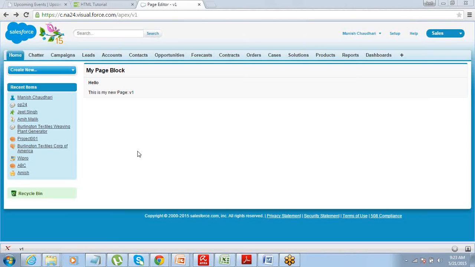Now why do I need a controller? I need a controller if I want to connect it with the backend database. Currently it's all static text, but if I want to connect it with the backend database, I'll need to use a controller. Because as I told you earlier, you have to control what data comes onto this page.